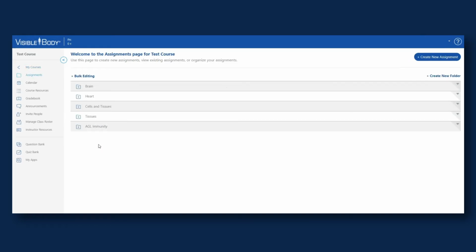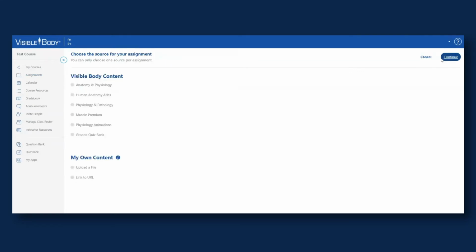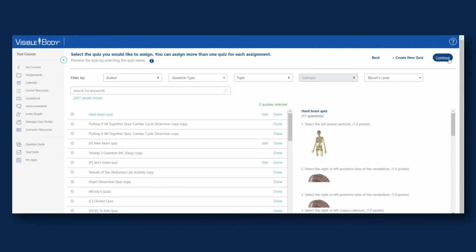And instead of assigning it, I think I will be done, and I will go to my courses, my test course, and here I am. I want to create a new assignment where that quiz will show up. So I'm going to, out on this level here, create a new assignment. It gives me options for the content, and I know that the graded quiz bank has my quiz that I've customized. So I'm going to go ahead and select that and hit continue. And there is my brain quiz. I'm going to select it